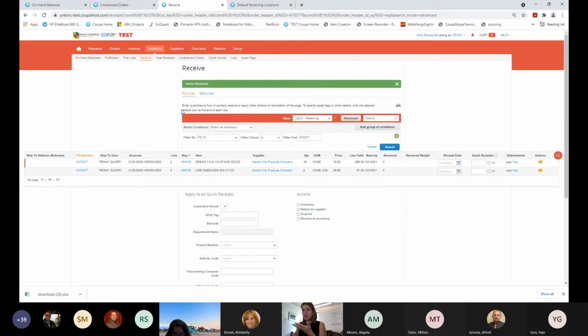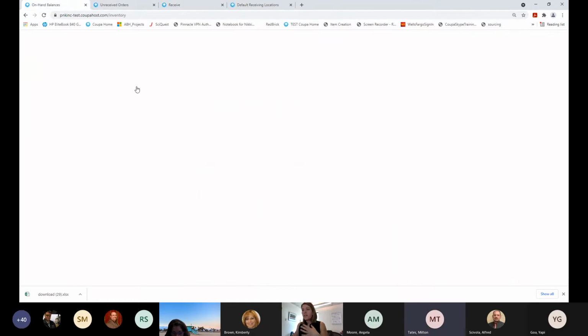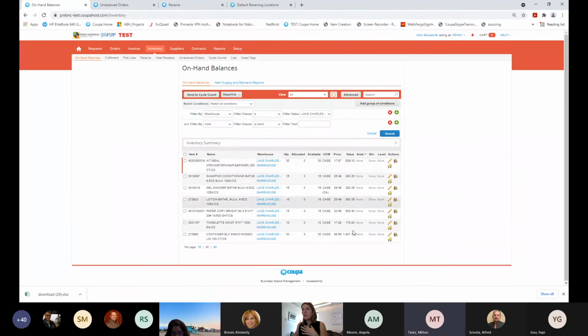Now, you just saw the system let me receive it, so that's not cool, but that's how this error occurs, where we see items on our on-hand balance that have a none, none, none location. So you may ask yourself, what does that really matter? Why is this important? For a couple reasons, it's really important. The first reason,